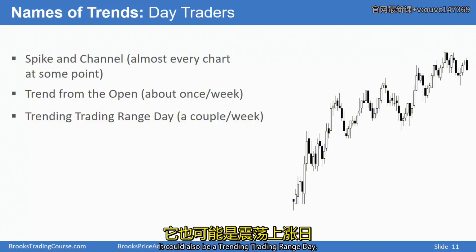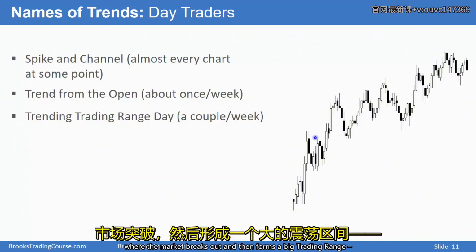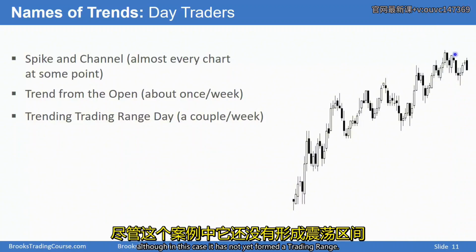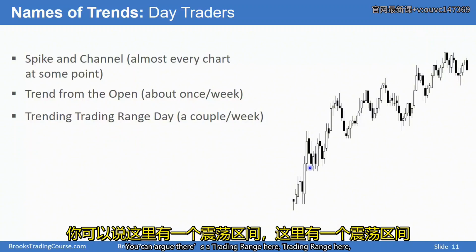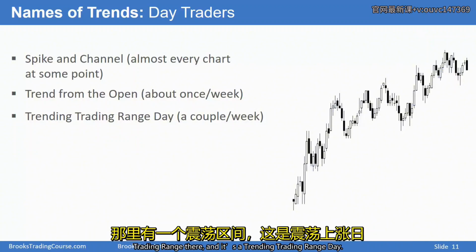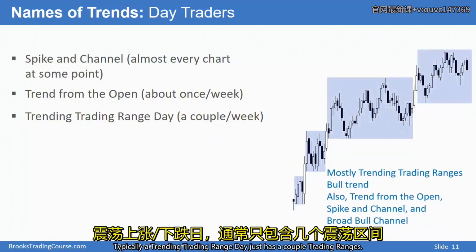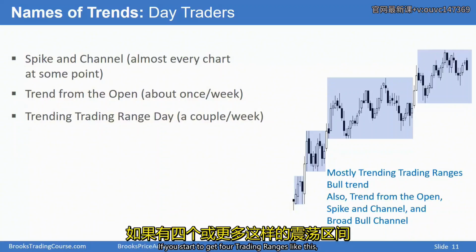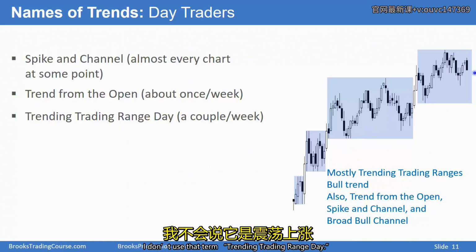It could also be a trending trading range day where the market breaks out and then forms a big trading range, although in this case it has not yet formed a trading range. You can argue there's a trading range here, trading range here, trading range there, and it's a trending trading range day. Typically, a trending trading range day just has a couple trading ranges, and if you start to get 4 trading ranges like this,